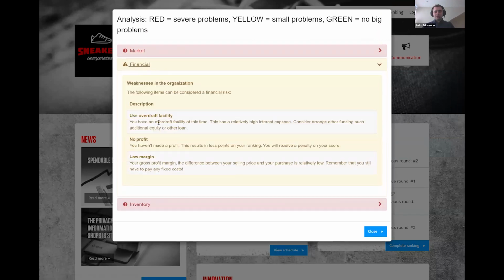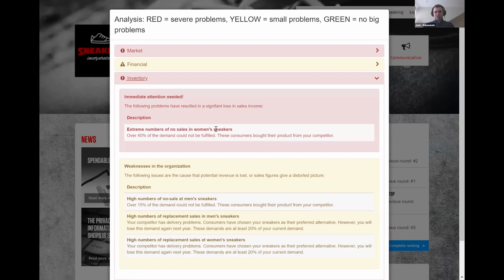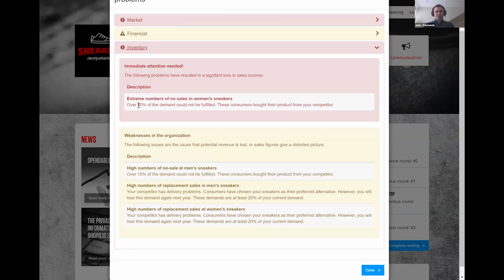Under financial, it will state whether or not you made a profit and maybe a few other items that should be taken into consideration, but also some inventory issues. So as you can see, one such issue could be over 40% of the demand could not be fulfilled, and therefore there's an extreme number of no sales. What this means is that there's not enough inventory to keep up, and therefore you're missing out on a lot